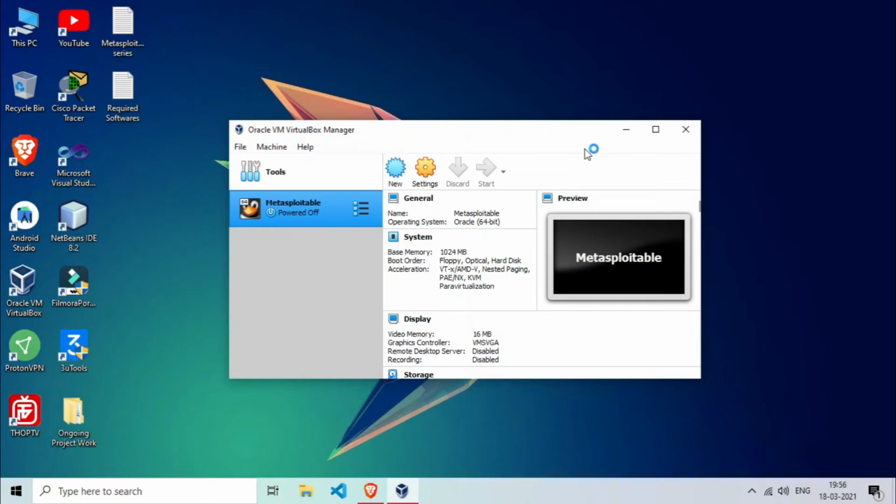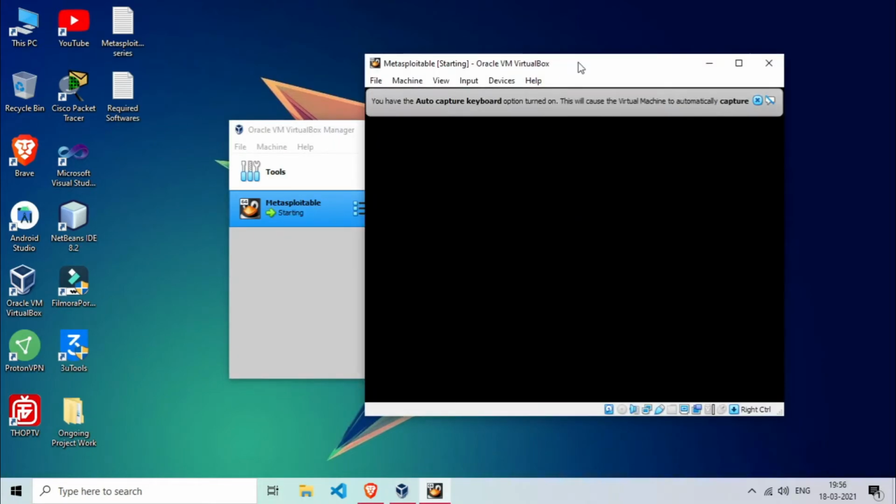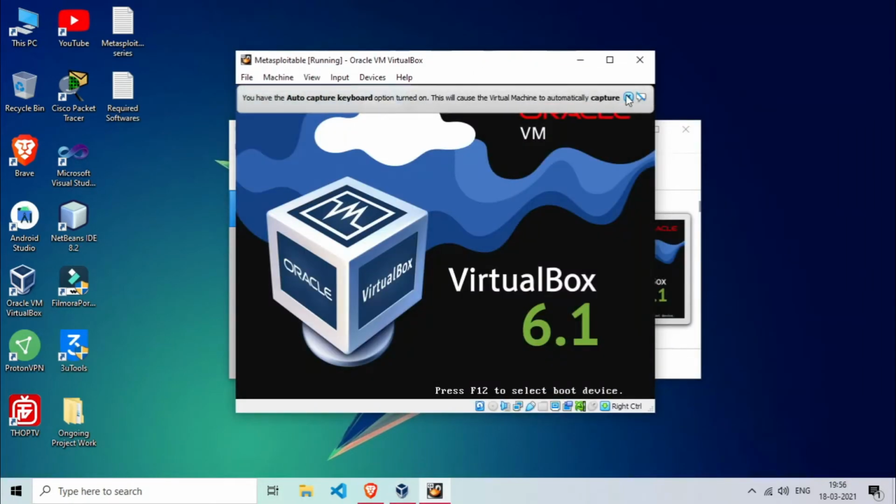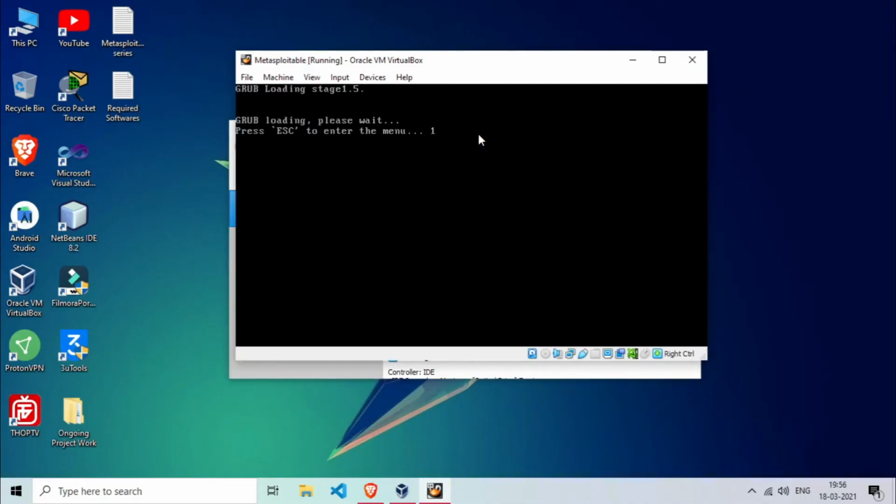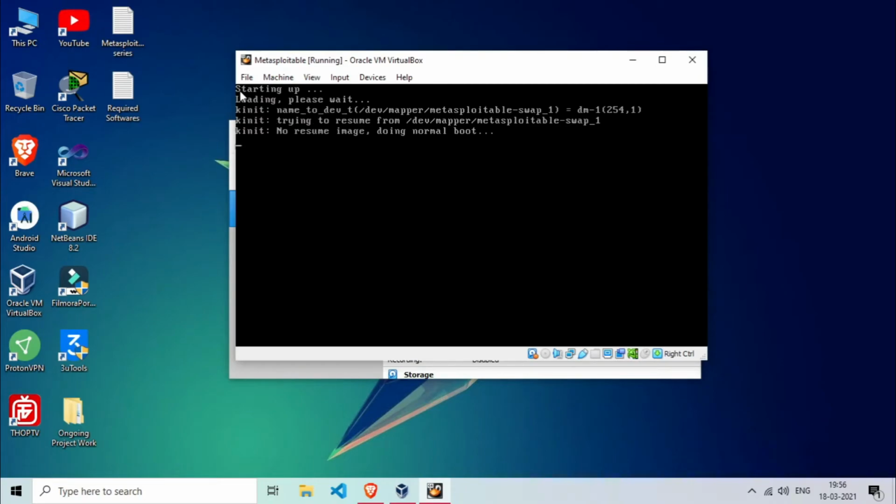The Metasploitable machine is now starting. As you can see, we can see a console like loading here.